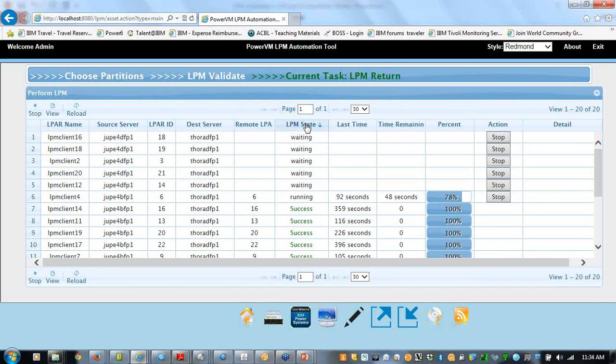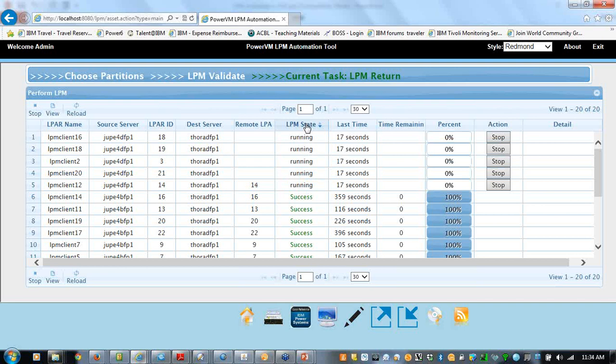We only used to do 8 LPMs at a time, and now we can do 16 at a time, but you need a big network to do that. There's been better use of threads, link aggregates and 10 gig in the VIOS, and there's ongoing work. In fact, 2015 is a focus year in development for live partition mobility, so they've stacked the deck to make even more strides this year.